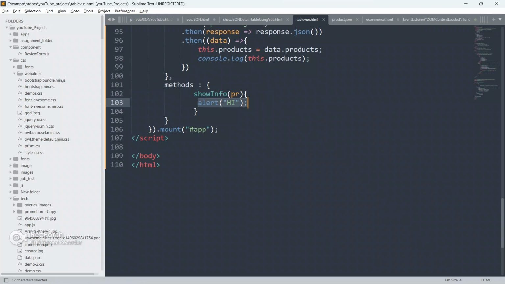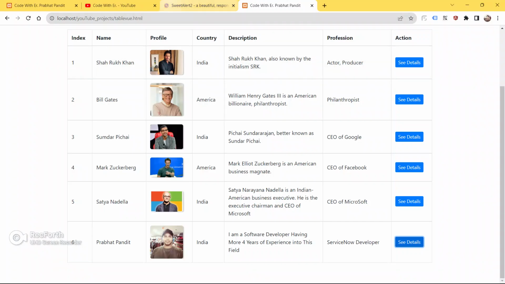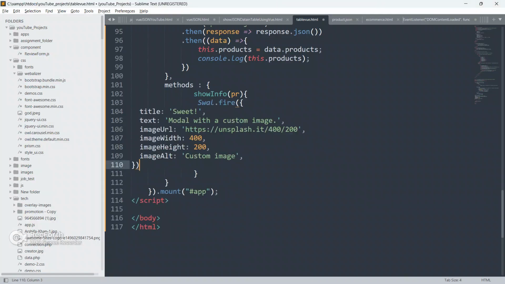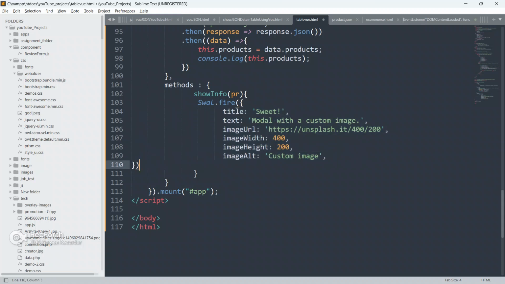Okay, you can give only PR and it will work. So guys, now just go here, and I have to copy this sweet alert code from here. Copy it from here and paste it here, and give some indentation. So just let it be, that's it. And just move this also a little bit so it will look cool.